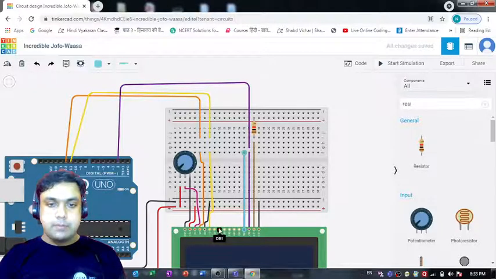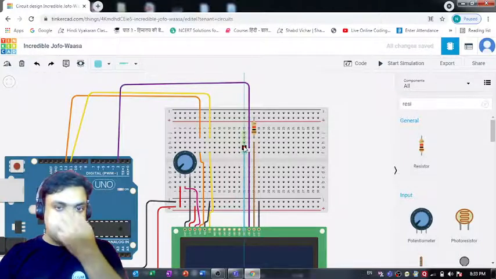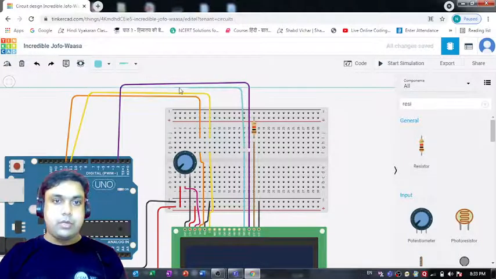So this is DB0, DB1, DB2, DB3, DB4, DB5, DB6 and DB7. So I have connected this DB7 with pin number 2. Then I can connect this DB6 with pin number 3. I think that will be a good option. If we go like this, so I'm connecting it to 3.